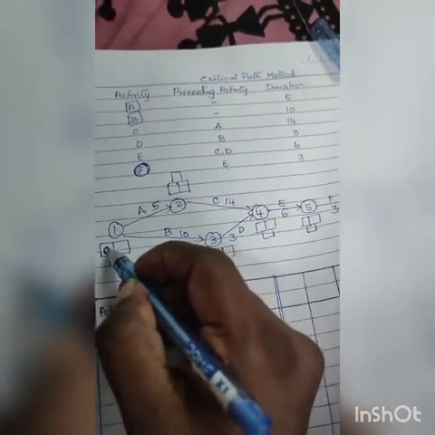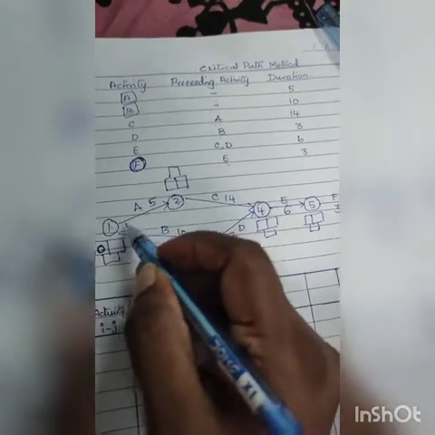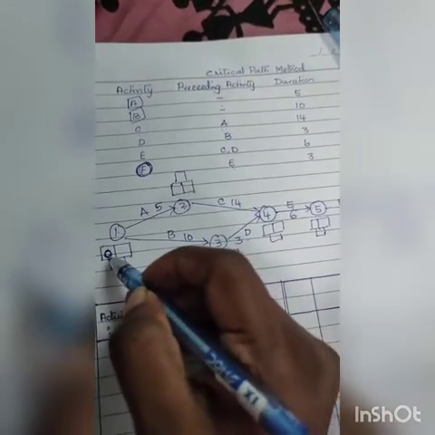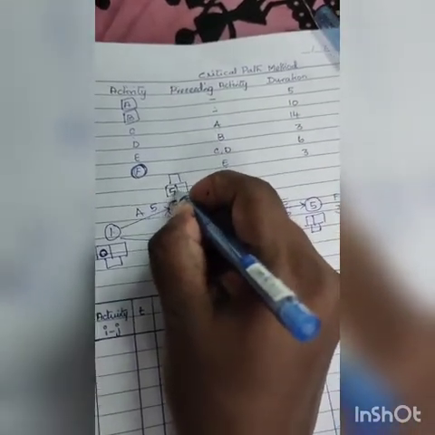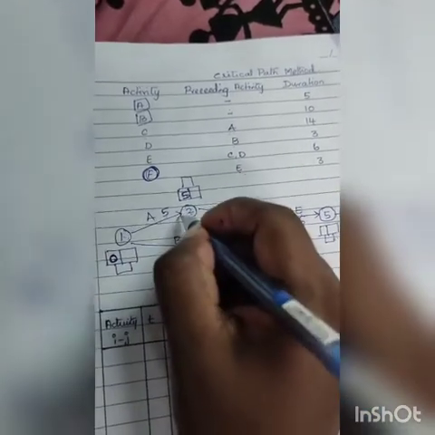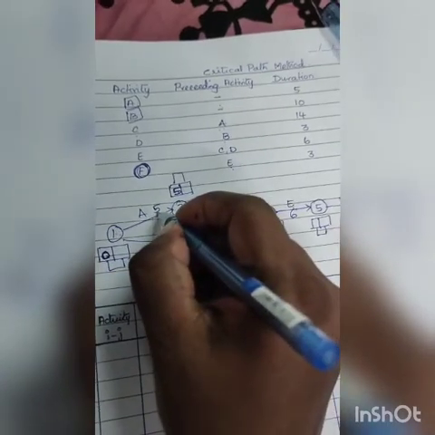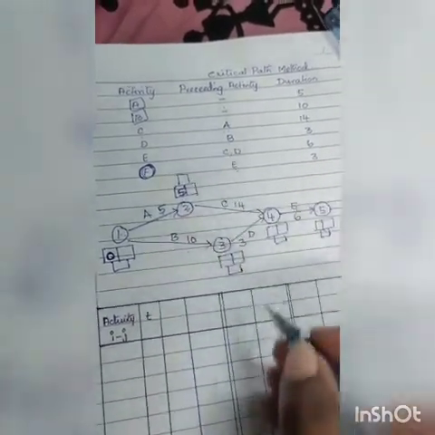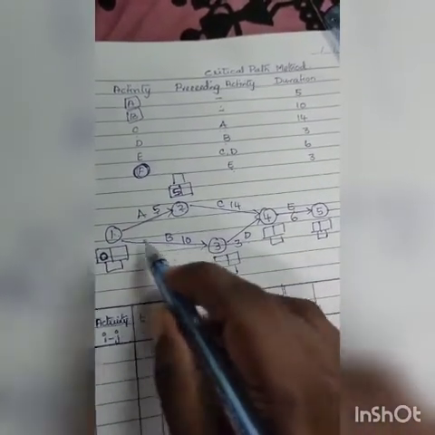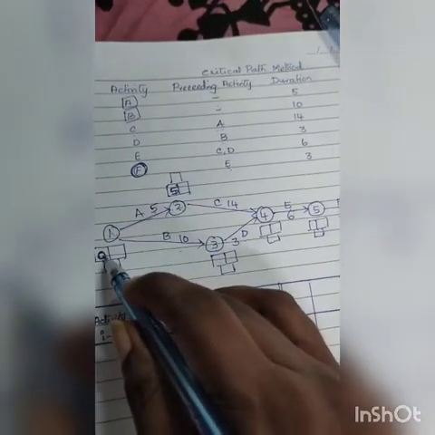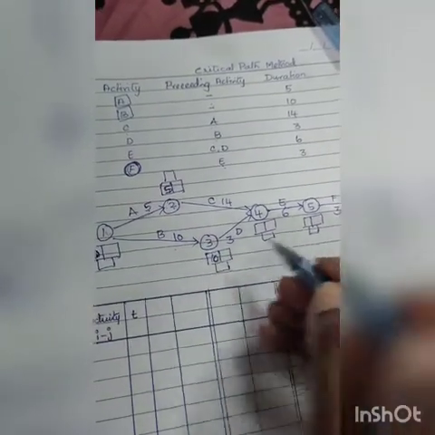First, number 1 starts with 0. Now I move to number 2. The arrow is coming from 1, so 0 plus 5 is 5; it takes 5 days to get to number 2. Wherever the arrow comes from, that starting point is 0, plus the activity time 5, is 5. We move on to the third node. This arrow comes from 1 again, so starting point 0 plus 10 is 10.